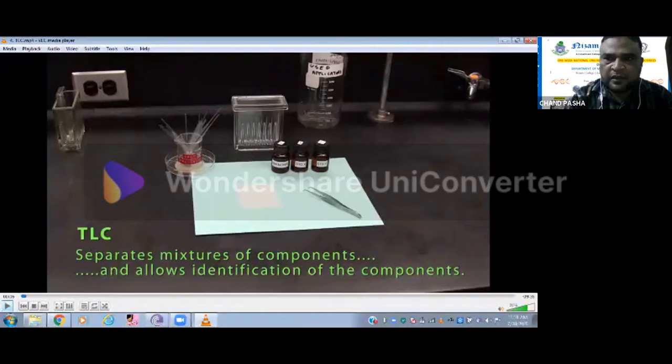Generally, alumina or silica gel will be applied over a background, which could be a plastic or aluminum plate or whatever. So here you will have a stationary phase with an additional support also, whereas in paper chromatography, the paper itself is the support as well as the stationary phase. But in TLC, along with your separation, you will have a back support, like a plastic or aluminum or metallic sheet supported backside, and over that sheet you will be applying the stationary phase.